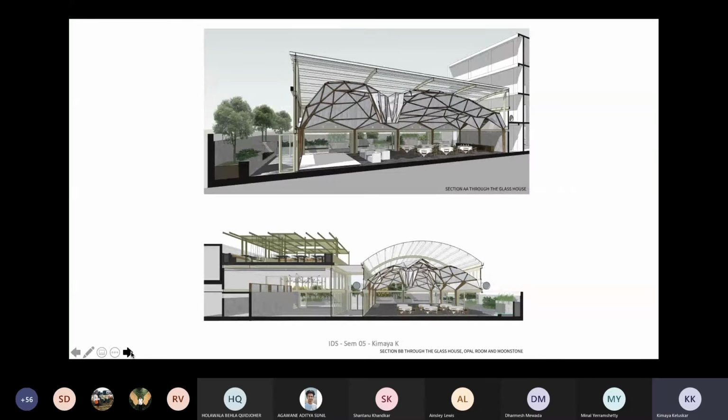So this is the section. What the architect has done is create a double roofing system. Because it's in Meerut, they can't really use a lot of glazing or any kind of translucent material, which would give you a certain ambience or experience, or even daylight for an entire banquet hall. So what they did was a double roofing system, and they have a proper space between the two which keeps ventilating the space. So these are the openings on the sides.